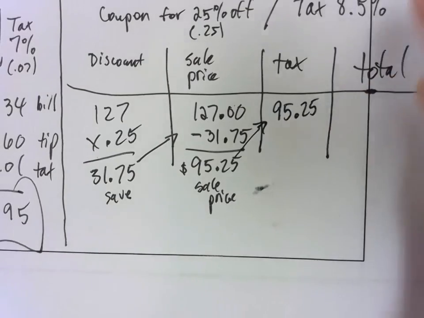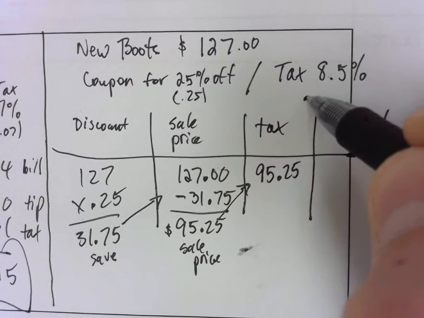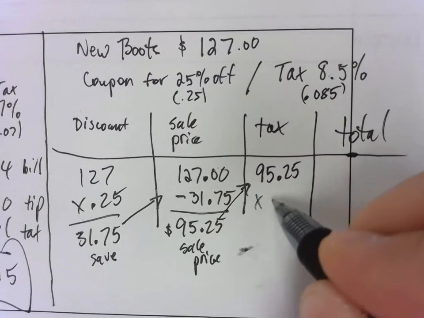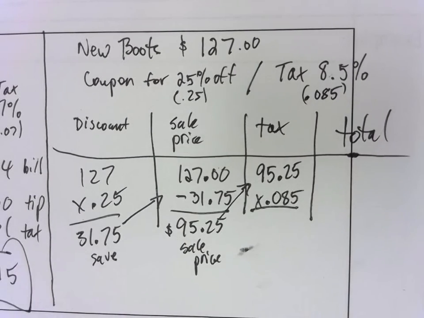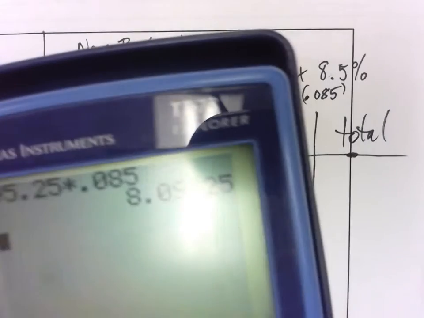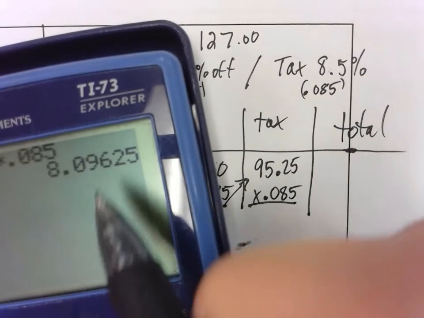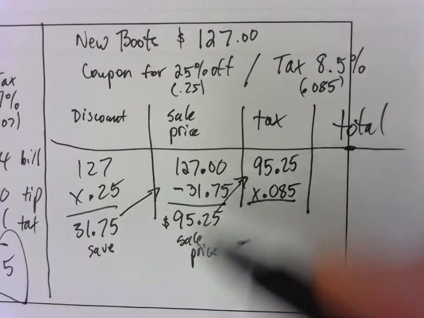$95.25. To change that 8.5% to a decimal, I got to back that up too. So the decimal for that would be 0.085. That's 0.085. Got to multiply that by 0.085. All right, so I'm going to put that in my calculator. $95.25 is my sale price times 0.085, and my tax I'm going to have to pay is going to be $8.10 because there's a 6 right there in the thousandths place. I got to round that up to 10, so that's $8.10